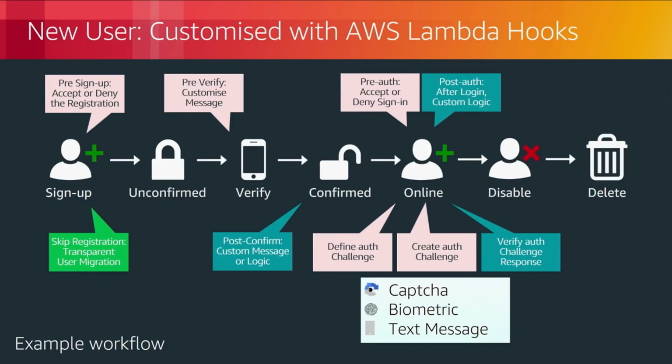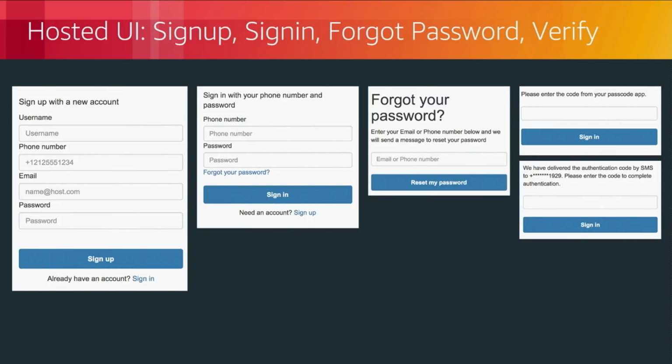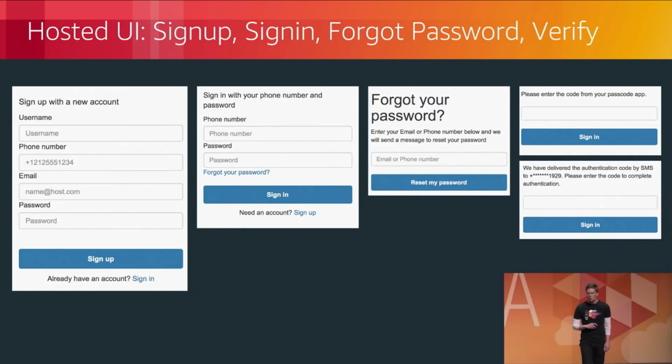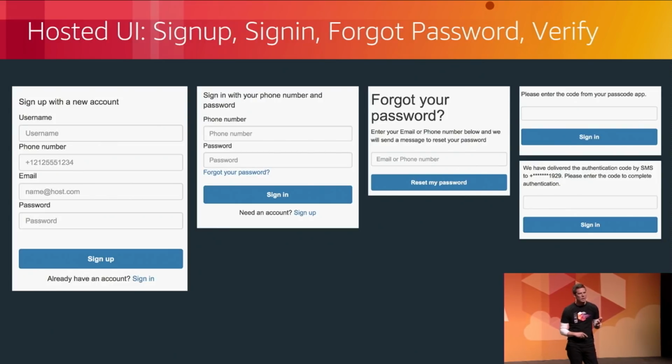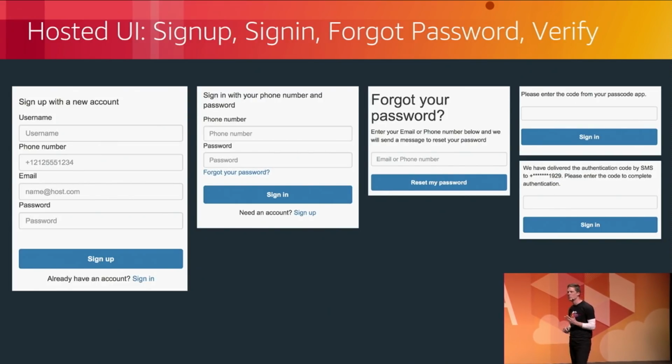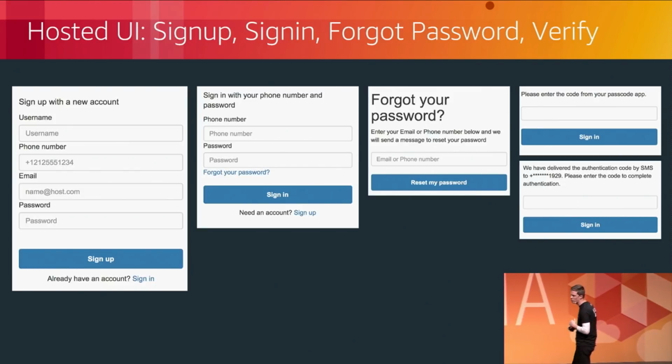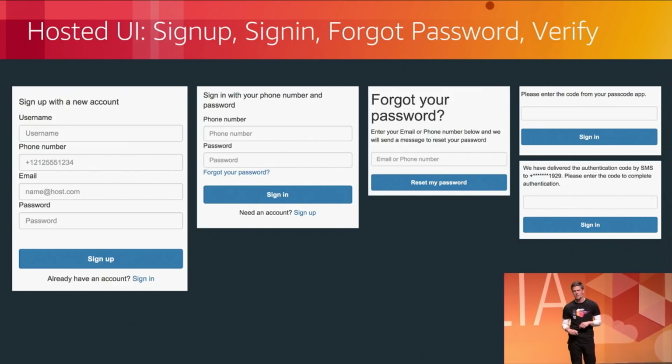Of course, the back-end heavy lifting is all done for you. We did talk as well about that front end, the hosted UI. We give you all the building blocks needed right out of the box so that you can get people to register, reset passwords, and do those verifications with the click of a button. These are provided to you and integrated straight to your Cognito identity pool or user pool very, very simply.